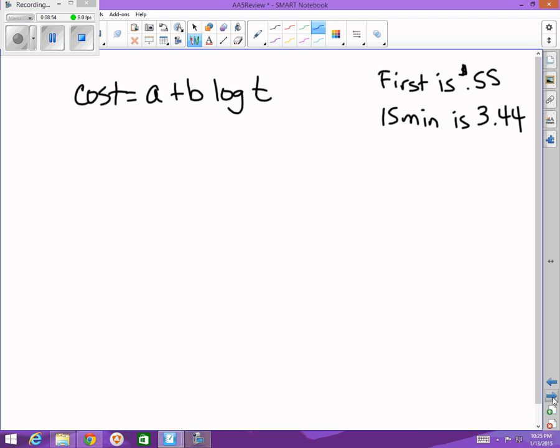Now, this one comes out of your book. This is problem number 10 on page 296. And there will be a problem like this on the calculator part. It says a new incentive plan for a talk-a-lot long-distance phone company varies the cost of a call according to the formula cost equals A plus B log T, where T represents the time